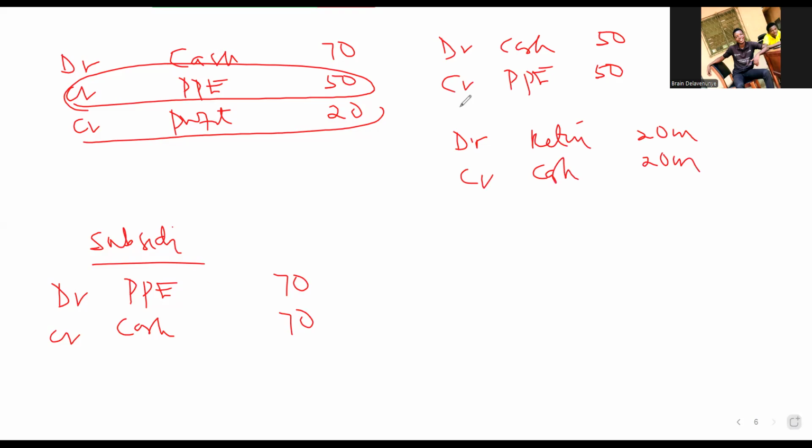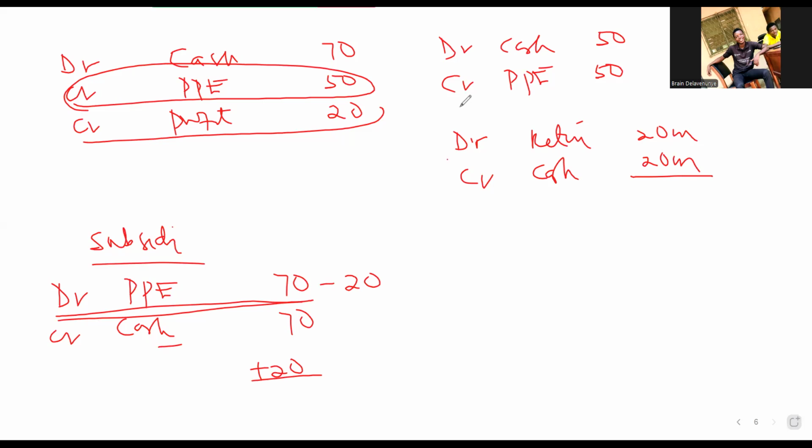The asset should also be shown as 50 million in the books of the subsidiary. So they have to come and subtract 20 here. Their cash will also be 50 million. The cash taken was 70 million, so they have to come and add 20 million back to the cash. So the parent will be subtracting 20 million from the cash. The subsidiary will be adding the 20 million to the cash. You can see that it is going to be zero effect. That's why we don't pay attention to the cash.